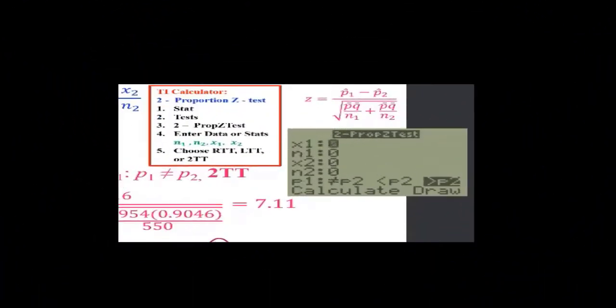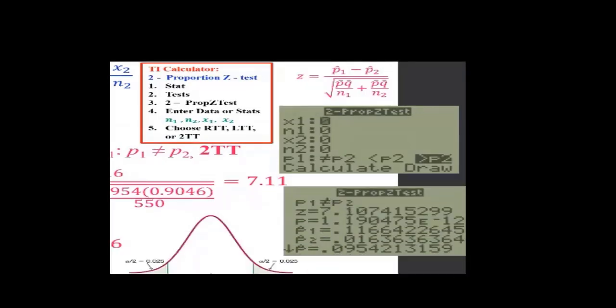Again, if you were to use a TI, you use the two proportion z-test. Click on Stat, Tests, two proportion z-test, and enter the data and choose whether it's a right tail test, left tail test, and so on and so forth. And it gives you the result. Now, if you look at the result here, it gives you